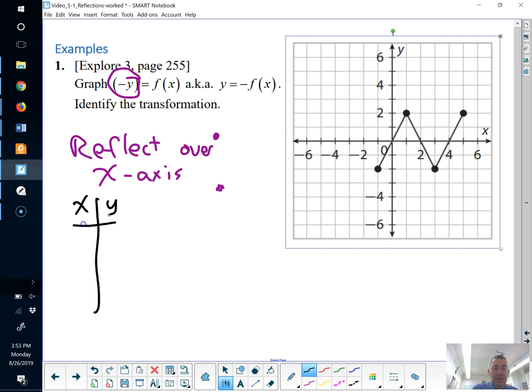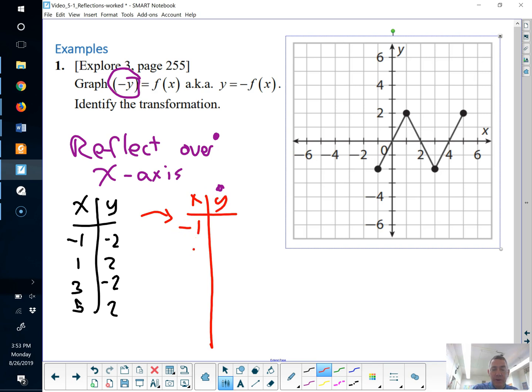Using the same x and y we've always had: x values negative 1, 1, 3, 5; y values negative 2, 2, negative 2, 2. If the y's become opposite, this becomes x values negative 1, 1, 3, 5, no change in the x values, but the y values become opposite: 2, negative 2,